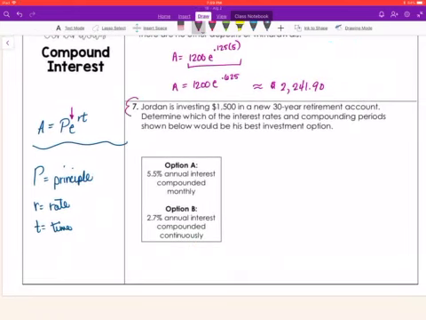And then lastly, you've got Jordan invested $1,500 in a 30-year retirement account. So that's going to be my time. Determine which of the interest rates and compounding periods will give him his best investment plan. So you are going to calculate it using option A with an annual interest compounded monthly, and option B with an annual interest compounded continuously. I want you to do this, and when I come back, I'm going to ask you which of